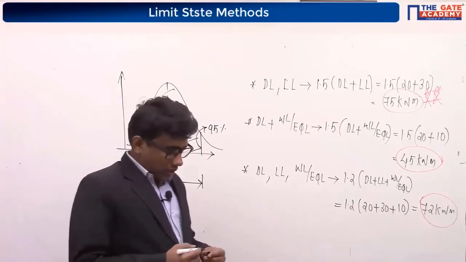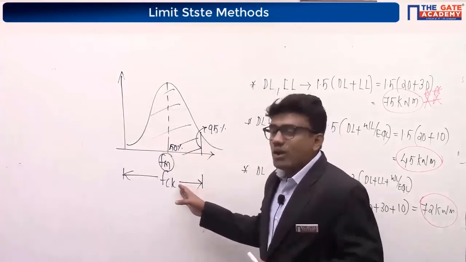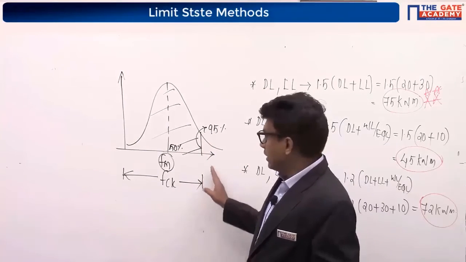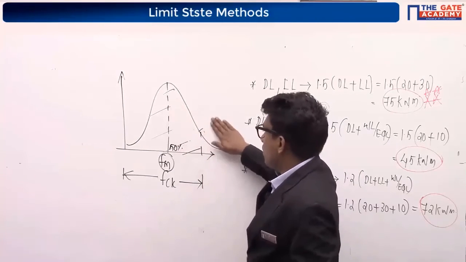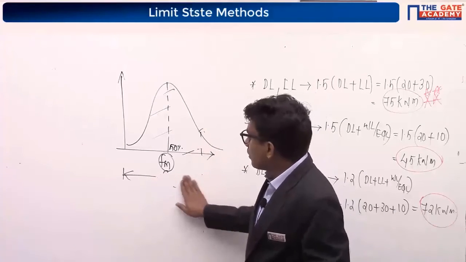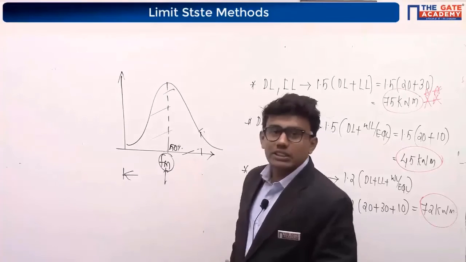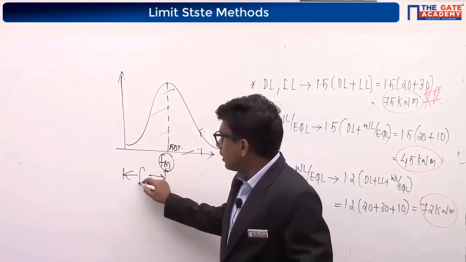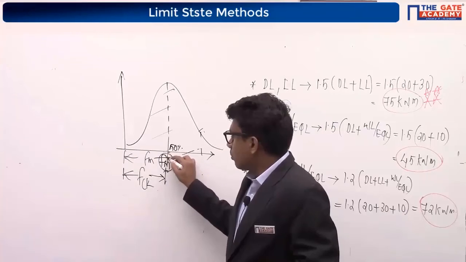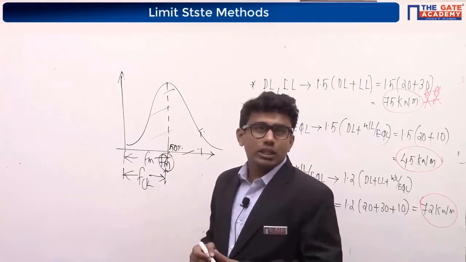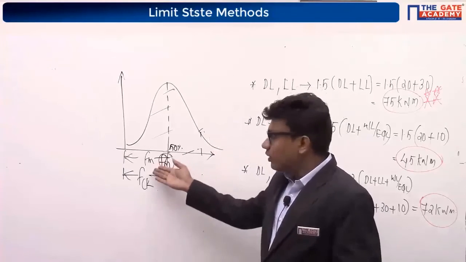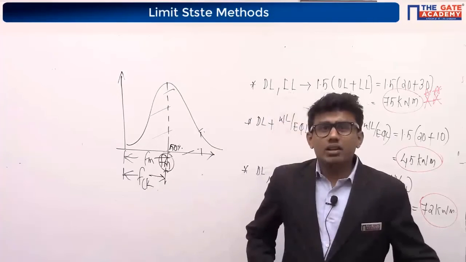And if in some questions it is mentioned that FCK is defined for 50% of probability, what is the meaning of that? Here it was defined for 95%. Now we don't have to consider this 95%. When it is defined for 50%, we don't have to consider this 95% probability, right? We have to consider only this 50%. 50% will come here, so this will become our FCK. This is our FM. So both will become equal. FM will become equal to FCK. If FCK is defined for 50%, then FM will become FCK. Right now, we will discuss it in a question.